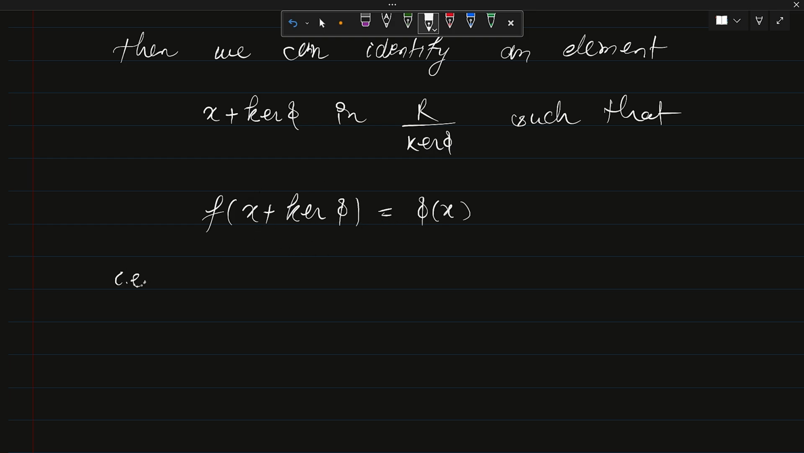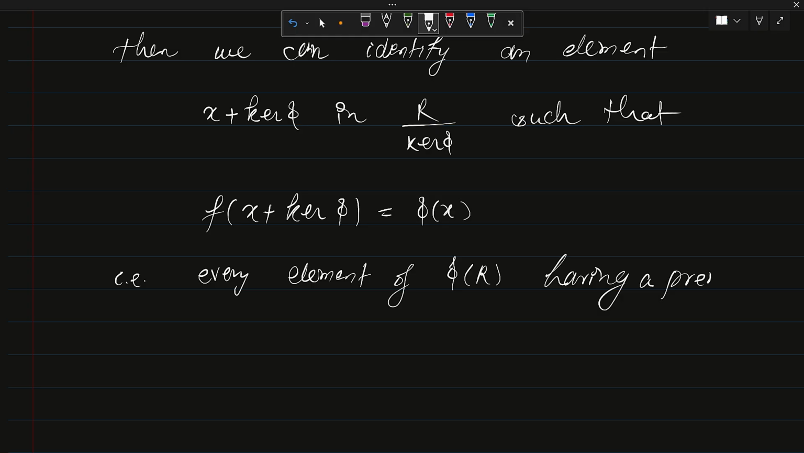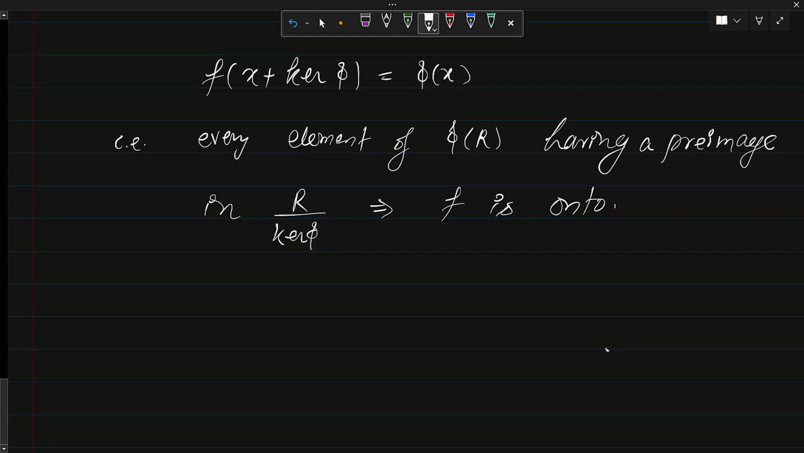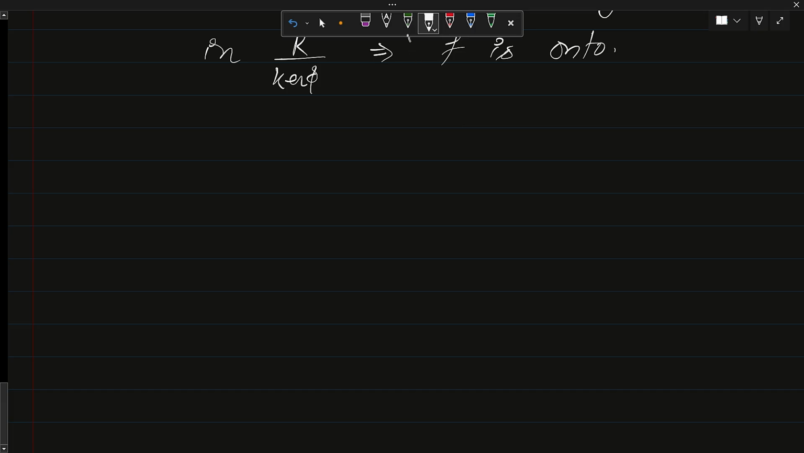That is, every element of phi of r having a preimage in r upon kernel of phi, which implies that f is onto, right. Now the next step is for the ring homomorphism. So the fourth one is f is ring homomorphism. Okay,